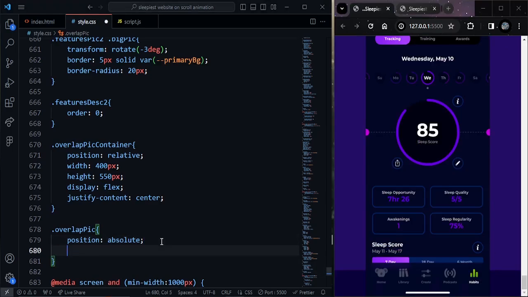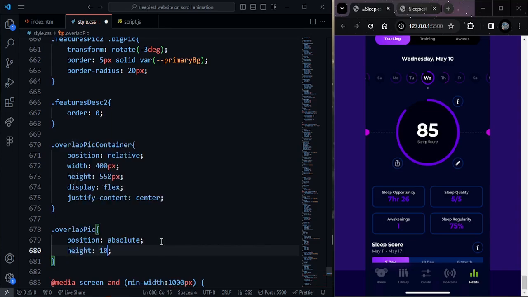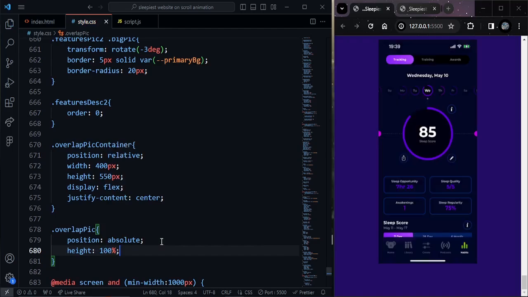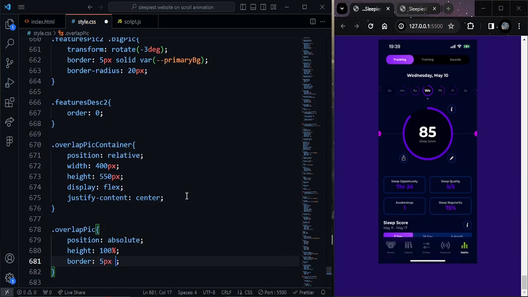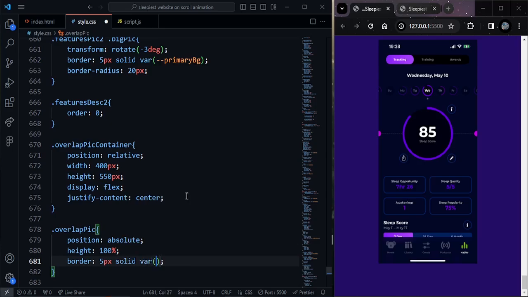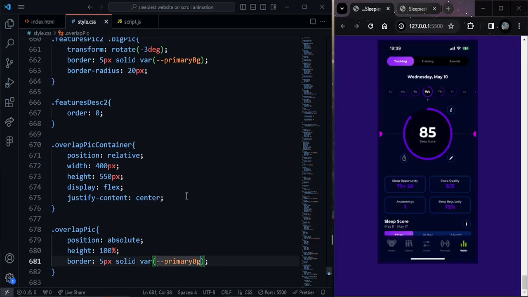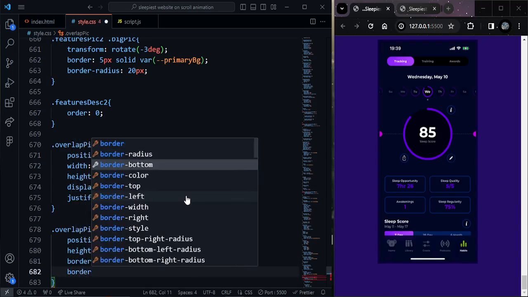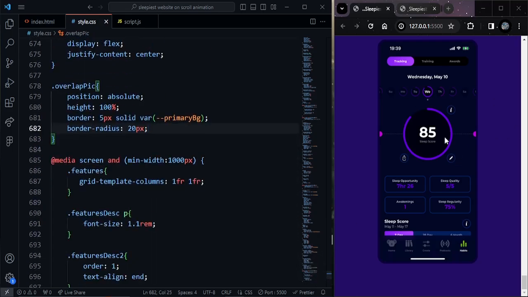Okay, again the height of those images will be 100% of the parent, and the border color, border width, and the border type, the border color will be primary BG. Again we're gonna add border radius 20 pixel, just like this,